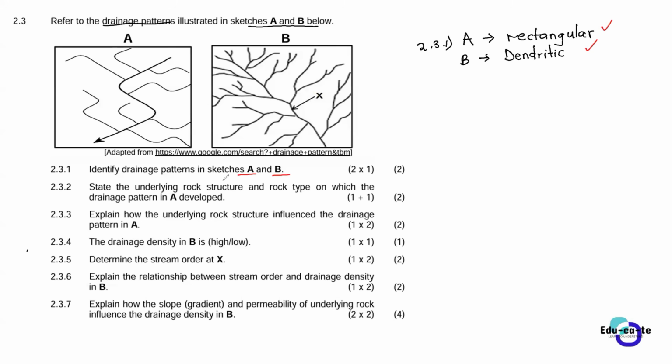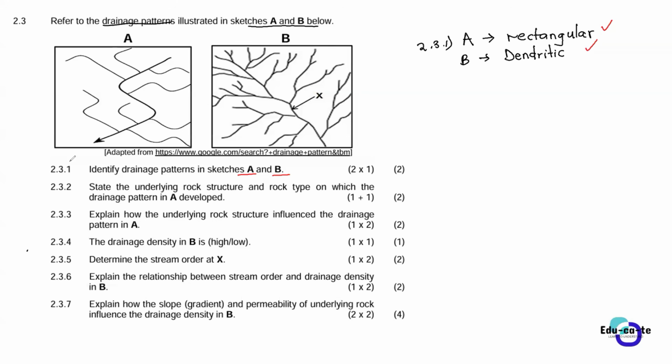Don't reverse the order. Guys, when these people are marking, they've got a lot of stress at the marking center. So if you start with B, and the memorandum starts with A and follows with B, and you start with B and say it's dendritic and follow with A and say it's rectangular, it's not that you are wrong, but you have laid out your answers in the wrong way. The markers are tired. They are not going to mark it correctly, they're going to say it's wrong because it doesn't correspond with their memo. If they are tired, they're just going to think that you are saying the first one is dendritic, whereas you are not really meaning that.